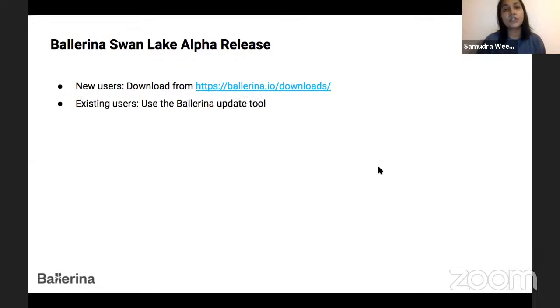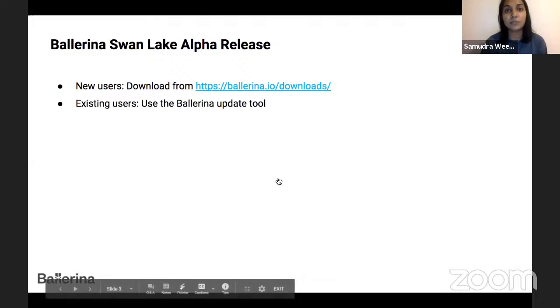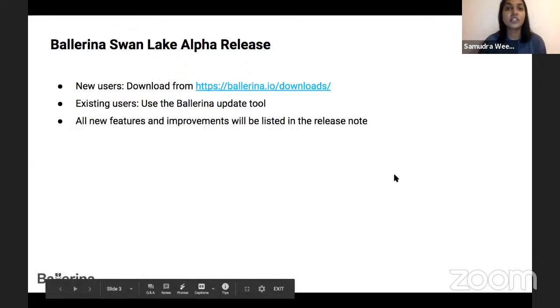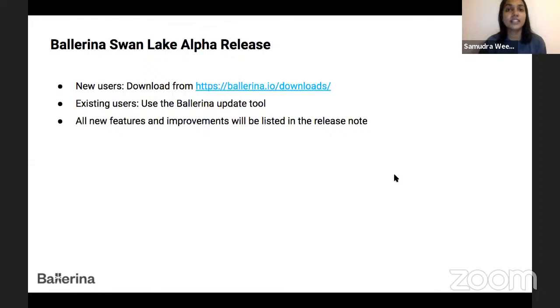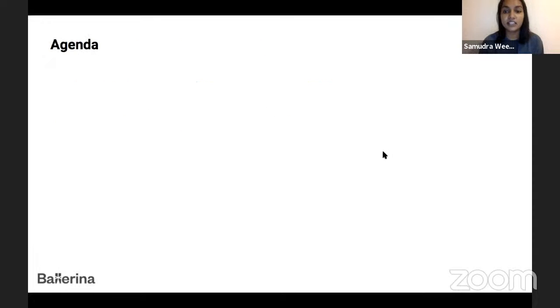And if you're an existing user, you can update the distribution using the update tool. Those instructions will be on the downloads page as well. All the new features and improvements shipped with this release will be available in the release note, which is also linked from the downloads page.